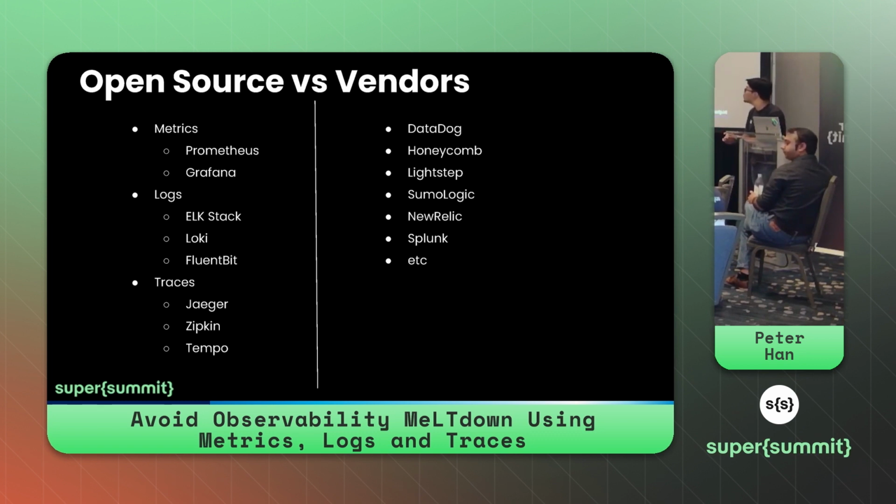And the vendors usually will charge you per metric, per log line, per trace line, those kind of ways. We took a look at the cost of that, and we took a look at the open source side. On the open source side, obviously you don't have any license fees, but there will be dollar values of running the servers. Then there will be time and effort that you need to invest.